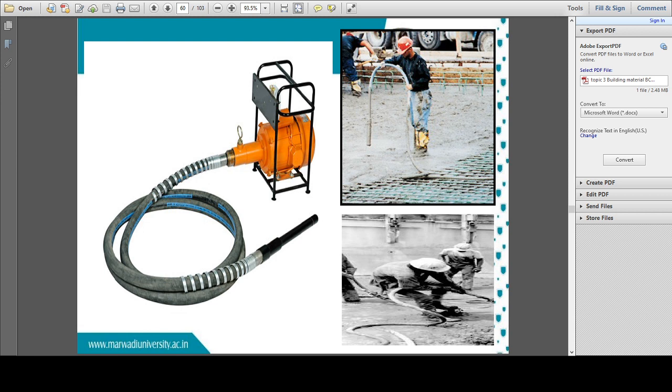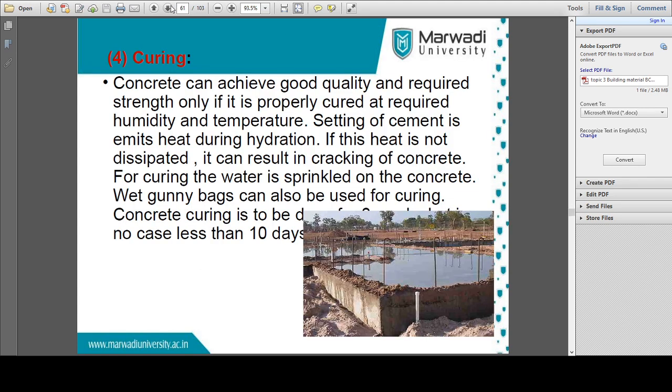So if we are having a large area, see, this is the photograph of mass construction, and this is an example of bridge construction, right? So over here we are having concrete in mass. Whenever we go for mass construction, we will use a needle vibrator. And last one, curing, as I have said, when the concrete gets converted into hardened stage, we will go for